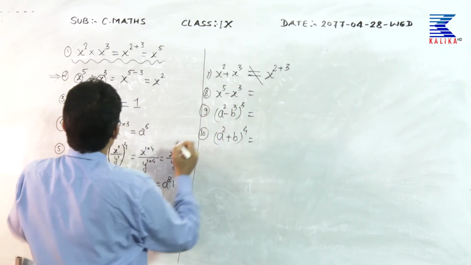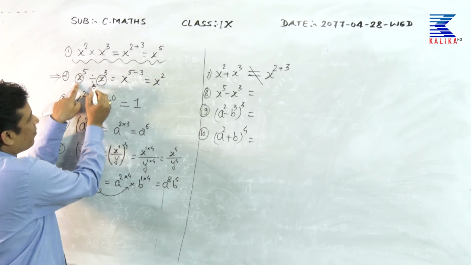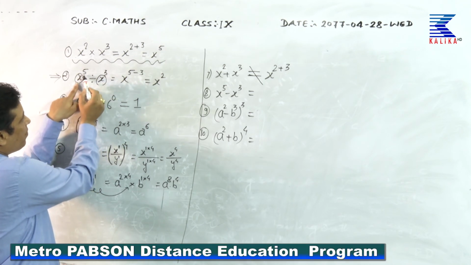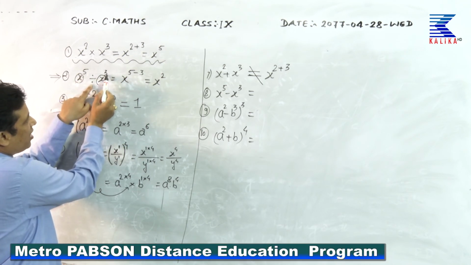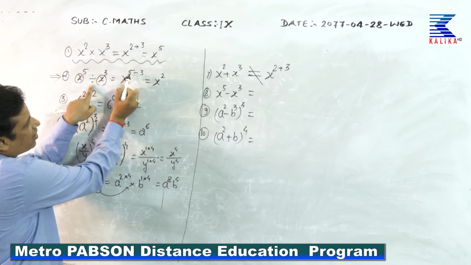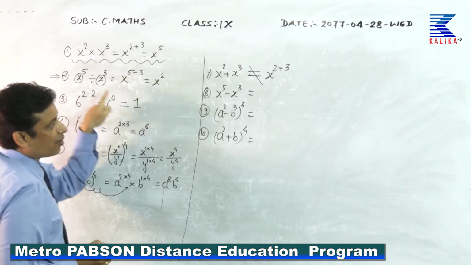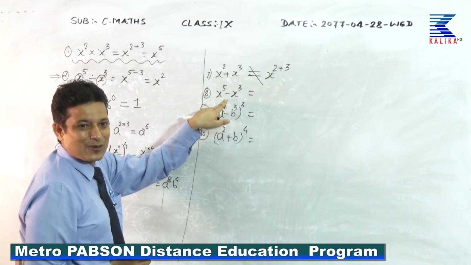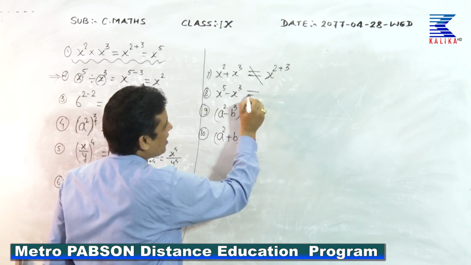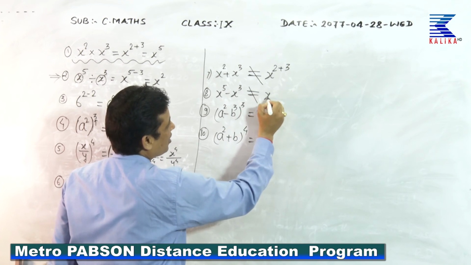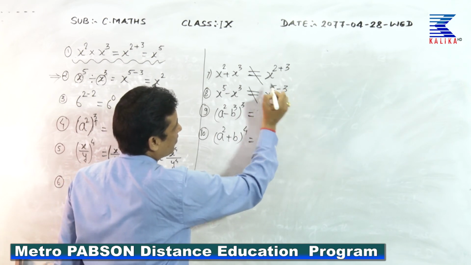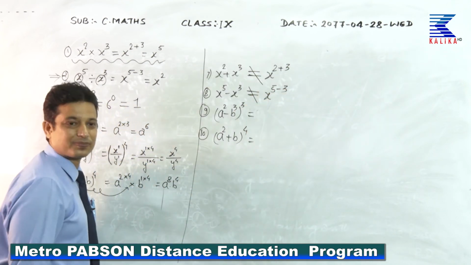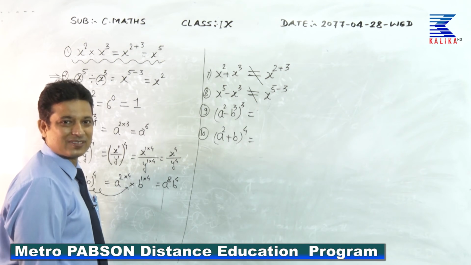Similarly, here x to the power 5 divided by x to the power 3 was there, and we subtracted the power 5 minus 3, but the same thing we cannot do here. This is not equal to x to the power 5 minus 3. This is wrong. Similarly,